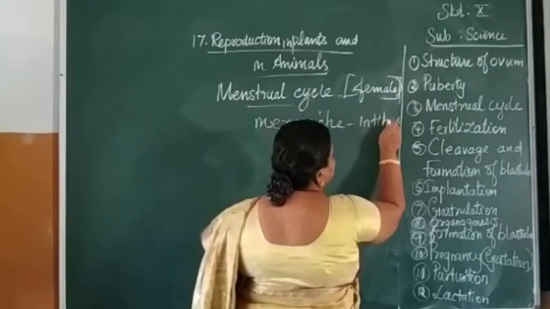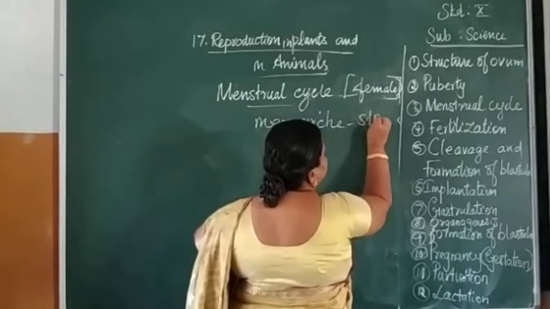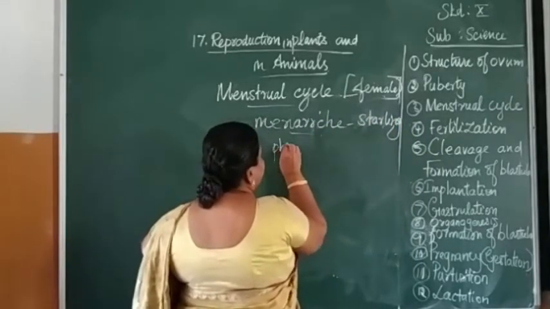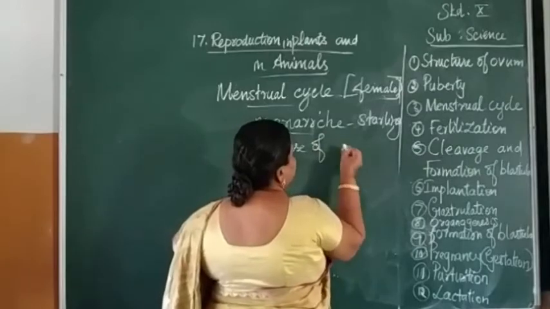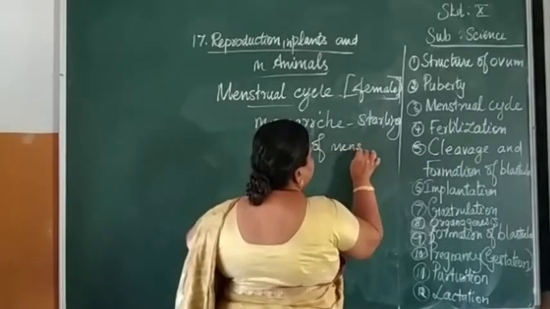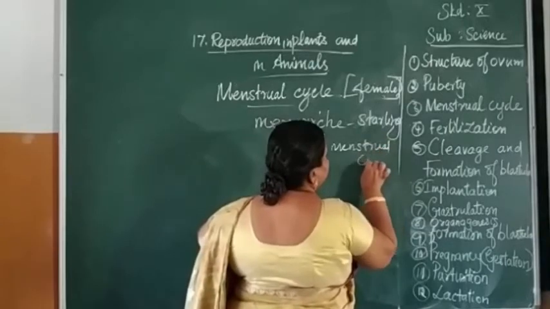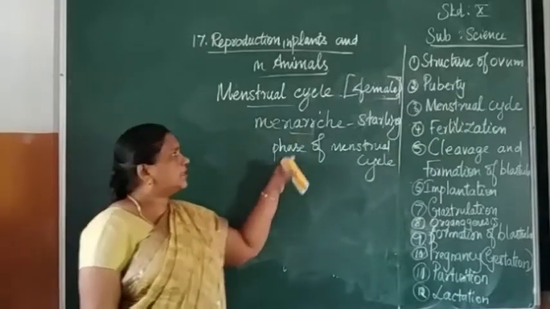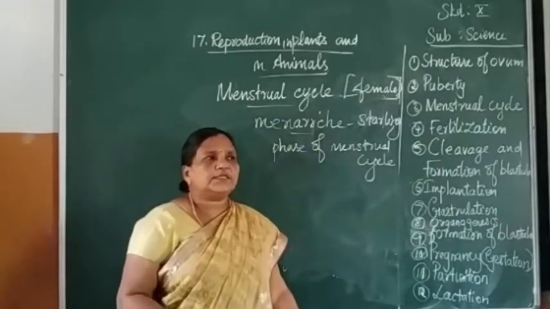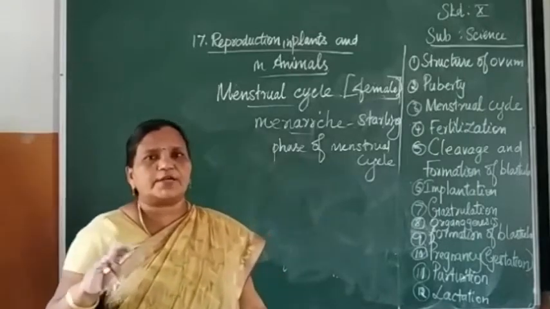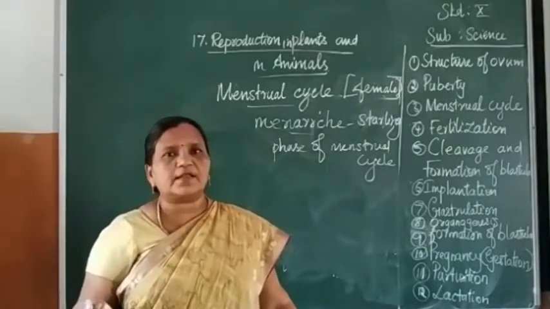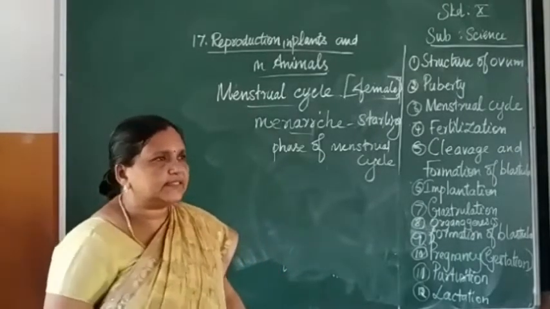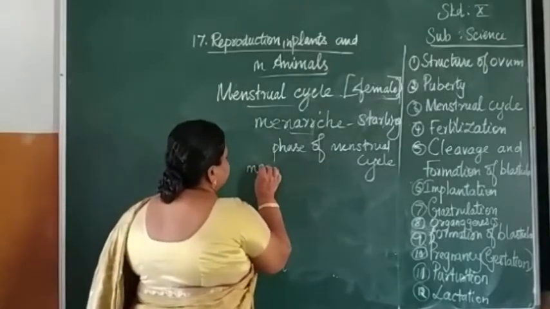Initial or starting stage or phase of the menstrual cycle. So when the menstrual cycle is starting, at which age? When the menstrual cycle starts for the first time, that is called the menarche. And when it is ending, after a particular period, within 45 or 50 years old, these females' menstrual cycle will be arrested. That stage is called the menopause.